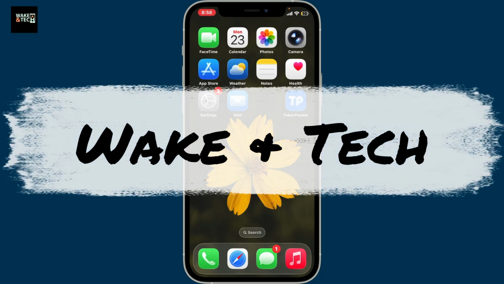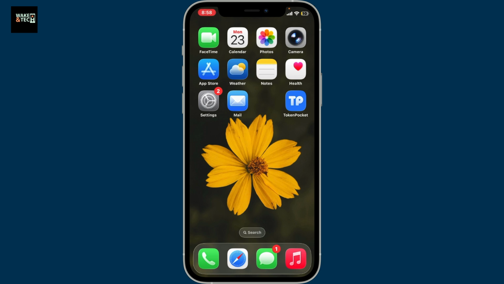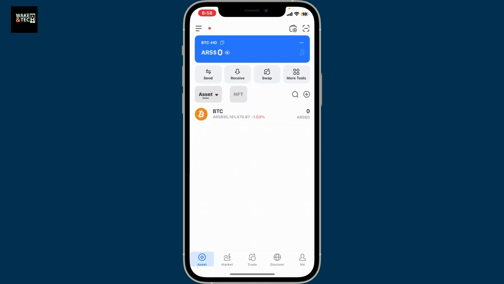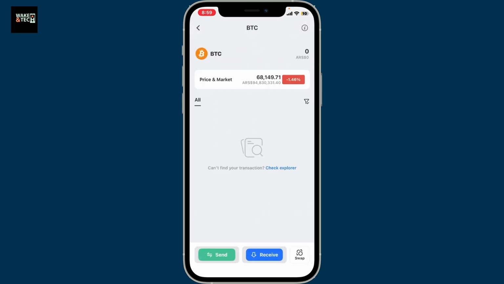If you are trying to find your wallet address in TokenPocket, then here's how you do it. First of all, open up the TokenPocket application and make sure that you're inside the home page, logged in. Now go ahead and select the blockchain network on which you want to find the wallet address for. I'm just going to select this BTC over here, and once you're inside this tab, click on Receive at the